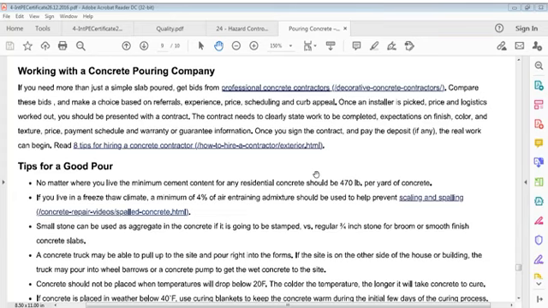you should be presented with a contract. The contract needs to clearly state the work to be completed, expectations on finish, color and texture, price, payment schedule and warranty to guarantee performance. Once you sign the contract and pay the deposit,